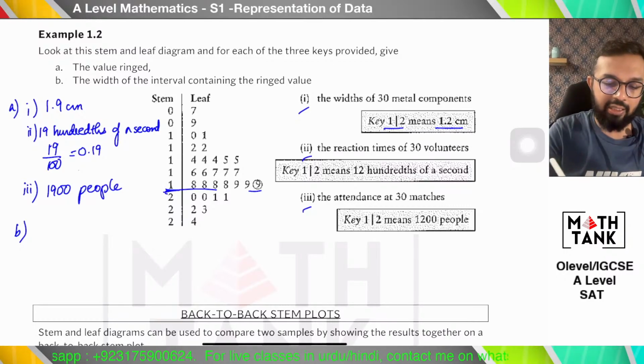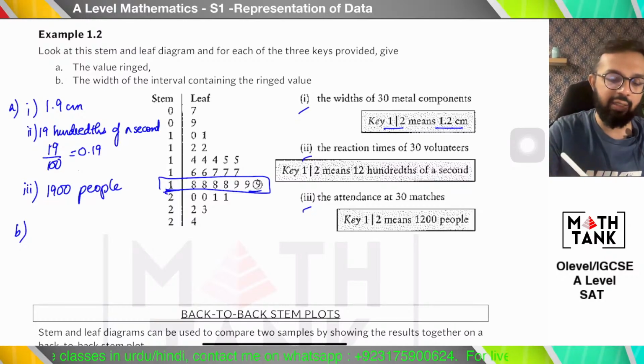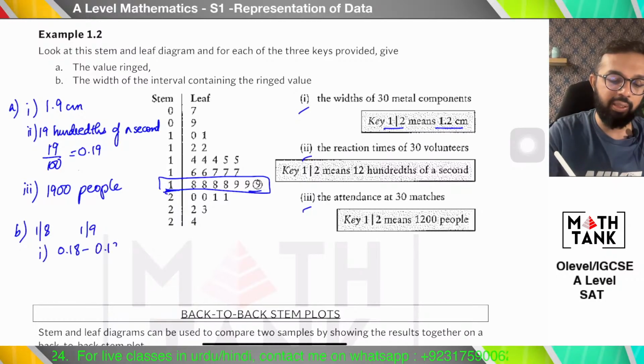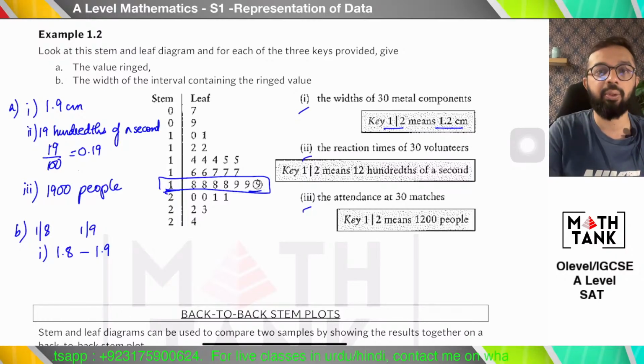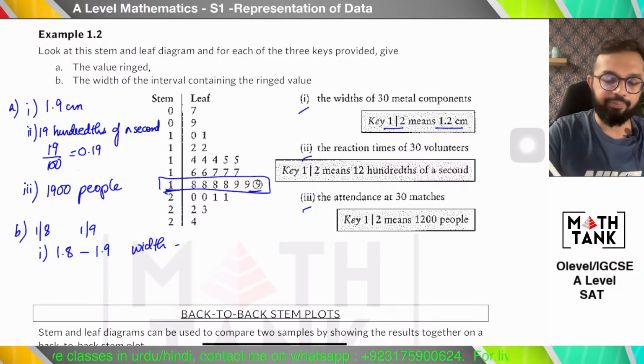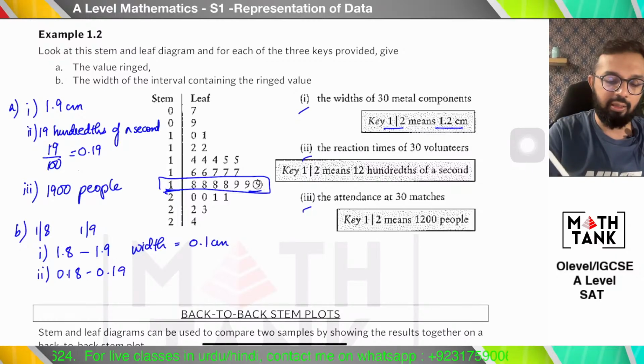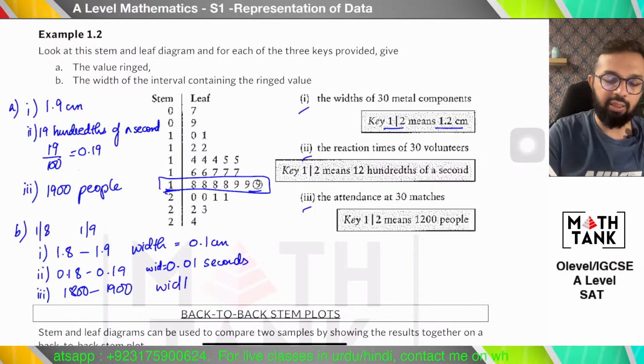सो इस फॉर एग्जाम्पल उसकी विड्थ क्या बनेगी, की के हिसाब से बनेगी। अब यहाँ पे अगर मैं इस कैटेगरी की विड्थ देखूं तो यहाँ पे दो तरह की वैल्यूज आई हुई हैं, 1/8 आया हुआ है और 1/9 आया हुआ है। अगर मैं की नंबर 1 के हिसाब से देखूं तो ये बनता है 1.8 to 1.9, कि 1.8 सेंटीमीटर का मेटल कंपोनेंट होगा तो भी वो इस कैटेगरी में आ रहा होगा, 1.9 सेंटीमीटर का होगा तो भी। सो इसकी विड्थ बन जाएगी 0.1 सेंटीमीटर्स। सेकेंड वाले की 0.18 से 0.19, 0.01 सेकेंड्स विड्थ। और तीसरे वाले की 1800 पीपल टू 1900 पीपल, विड्थ 100 पीपल।